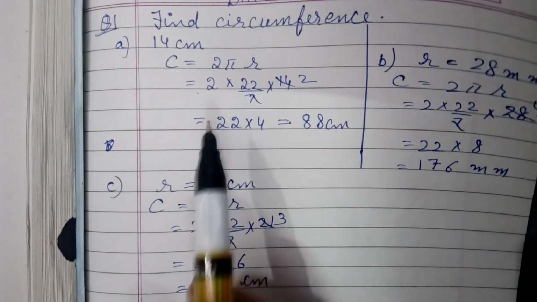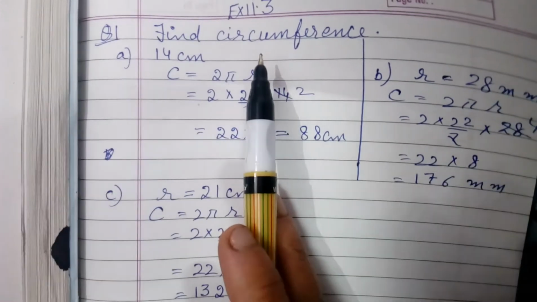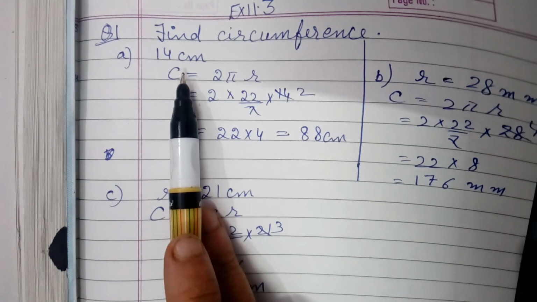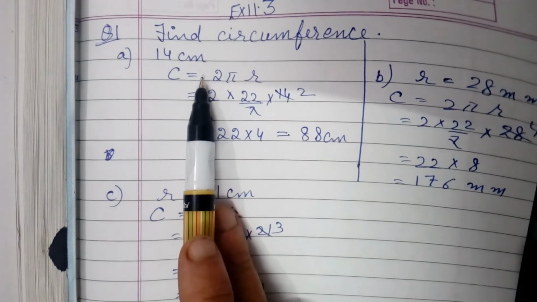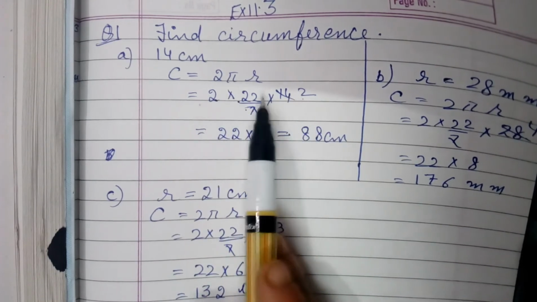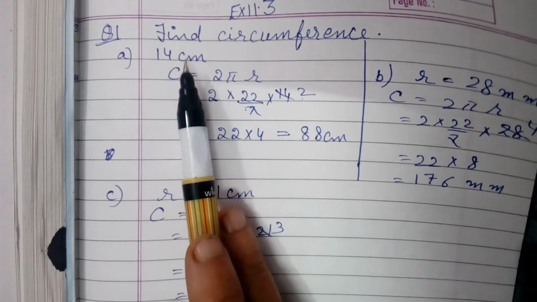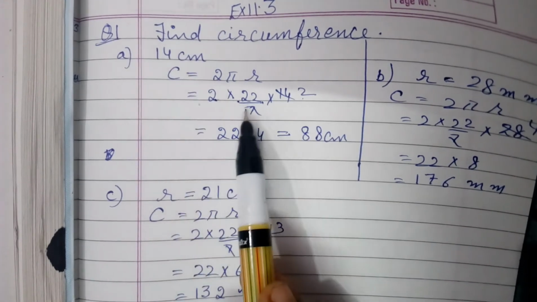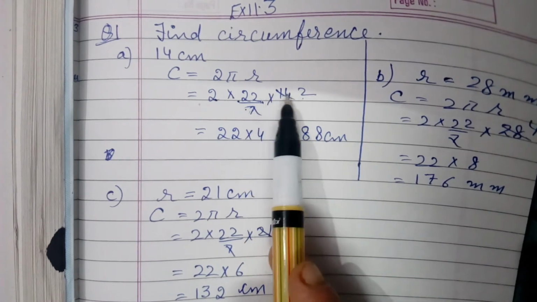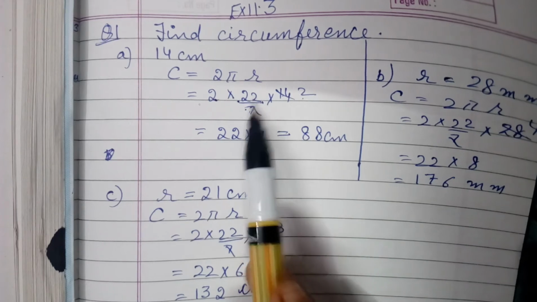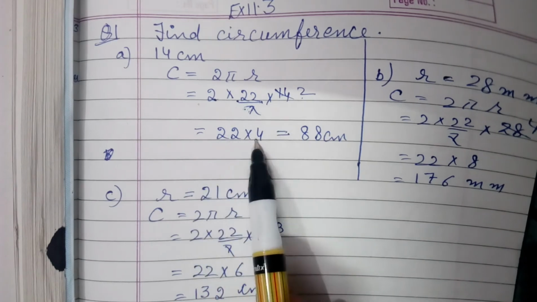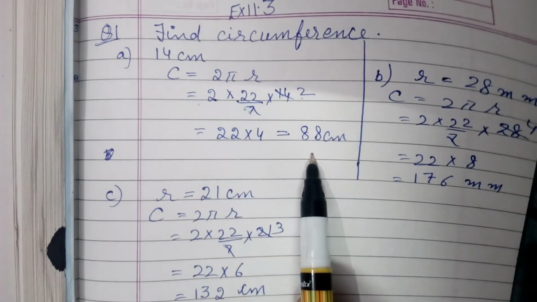Now question number first is that we have to find the circumference, and they have given to take the value of pi equal to 22 by 7. Now 2 pi r, so 22 by 7 into r, 14. And students, even if the value of pi is not given, what you have to see is that if the radius given is reducible with 7, then take 22 by 7, otherwise take 3.14. There you will get the approximate value. So on solving you get the circumference.